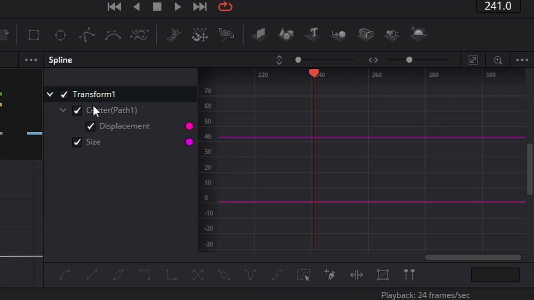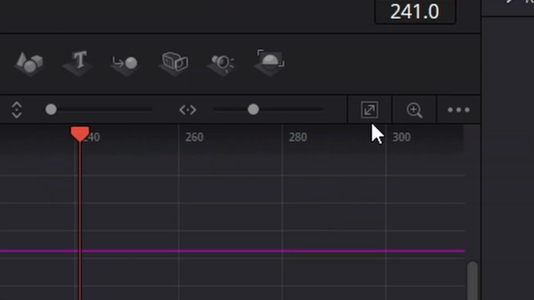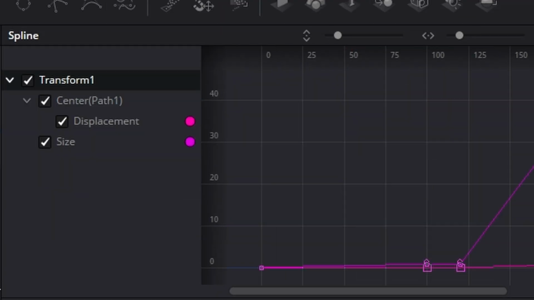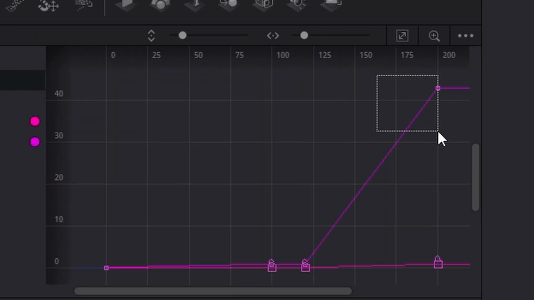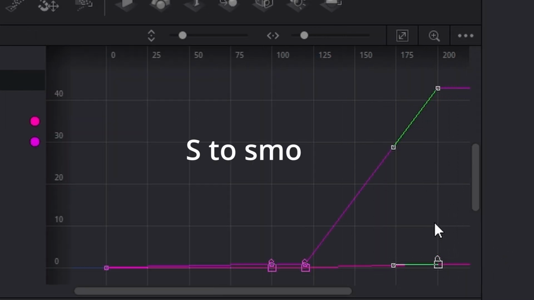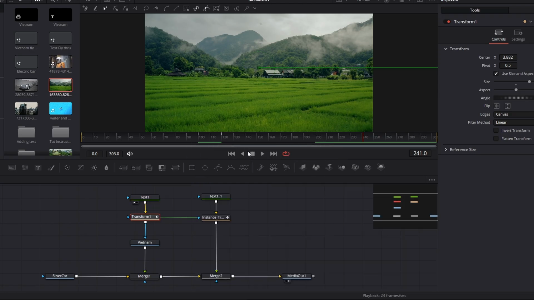So I've selected that transform. Now if I come across to these two arrows and hit zoom to fit, I can then go in here, select those two and hit S to smooth. And now if I close the spline window and play that back,